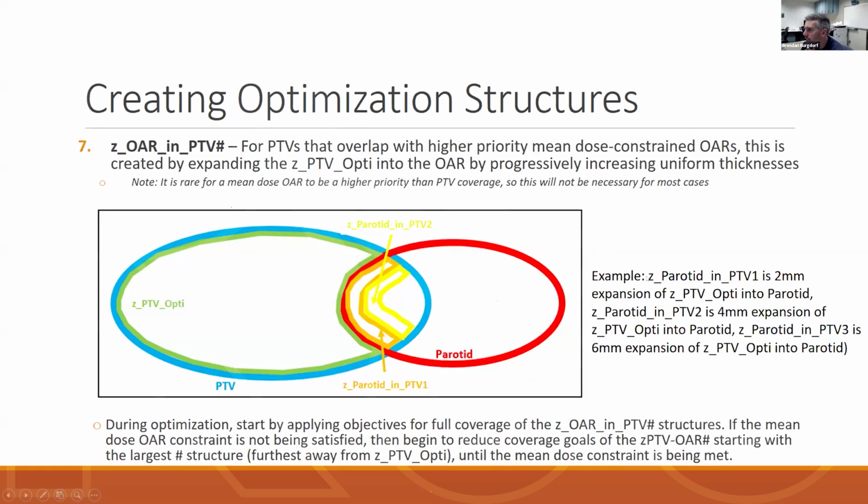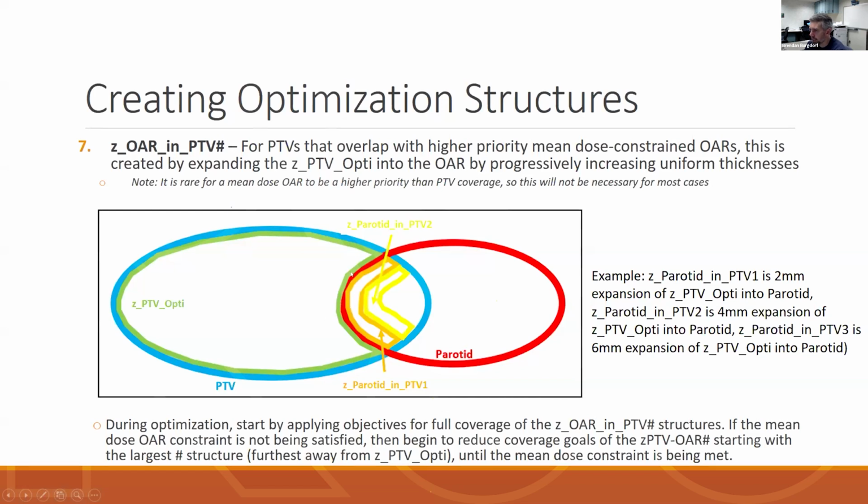Here's an example of a parotid overlapping with a PTV target. In this case, the physician has said, I want to prioritize the mean dose constraint on the parotid over coverage of the target. So what we've done here is create a ZPTV Opti that crops back from the parotid. Then we've created two OAR and PTV optimization structures, a Z parotid in PTV1 and a Z parotid in PTV2. You can see how these structures expand off of the Z Opti PTV into the parotid